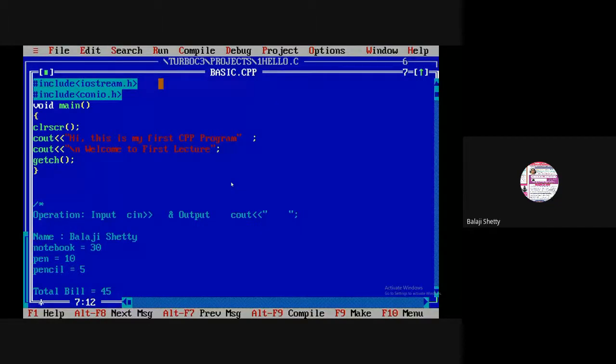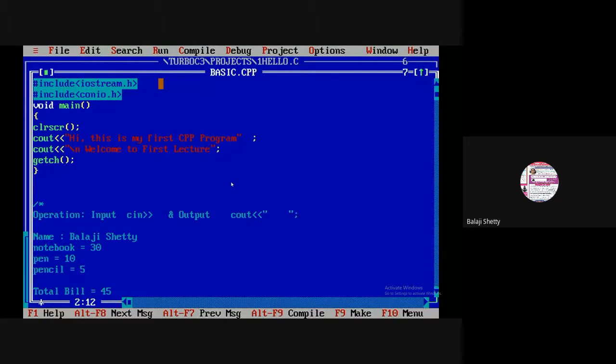Now in this program, what are we learning? We are learning only to print a statement in C++. Clear? It's very simple. In C++, every statement should be ended with a semicolon. First step. Second step,